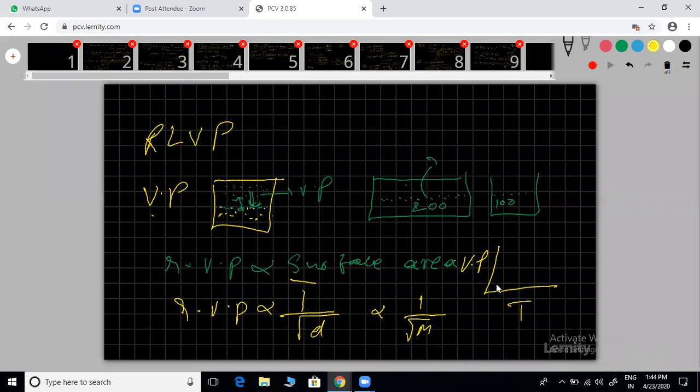This is exponential, not directly proportional. Increasing up to a certain stage, it increases slowly, but after that it suddenly increases. This is an exponential factor. We can't say it is directly proportional, because directly proportional is a straight line. This is wrong, not possible. VNT, clear? So exponential is correct. Vapor pressure and temperature are related by an exponential relationship.